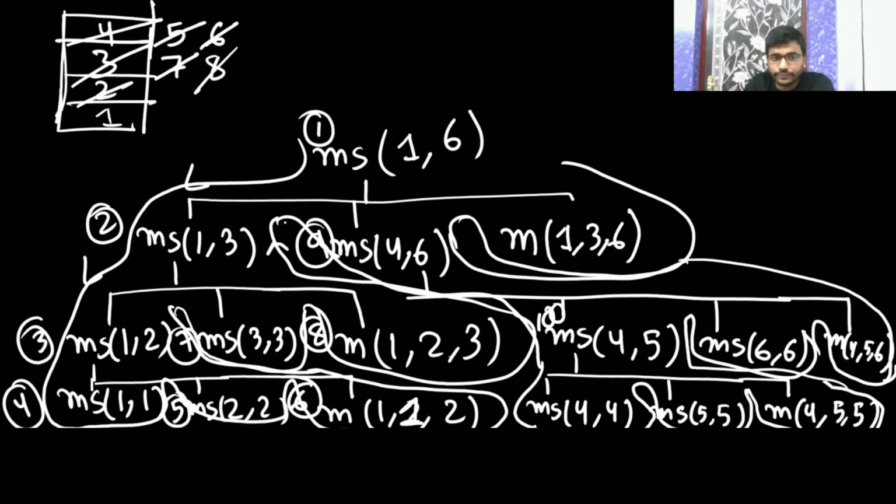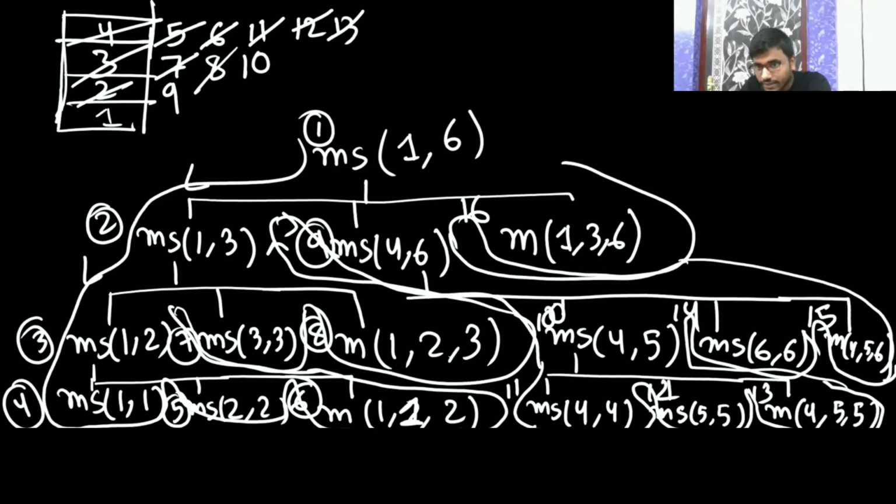Then 9 will get inserted, and after 9, 10, then this is 11, then 12, then 13, then 14, then 15, this is 16. So after that 10, you are going to insert 11 here, then 11's work will be done, it will pop 11, then 12 will be inserted here, then 12 will be popped, then 13 will get inserted here, then 13 will be popped, then 14, then 10 will get popped. This work is done. This function M45 is the work of merge sort on 4 and 5.